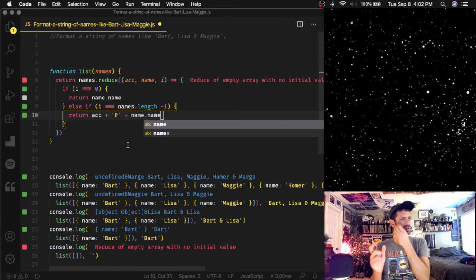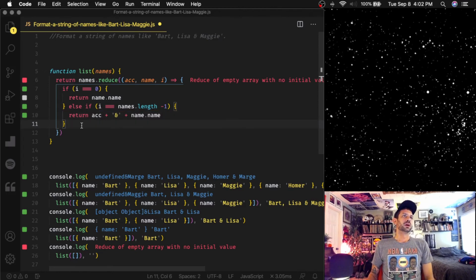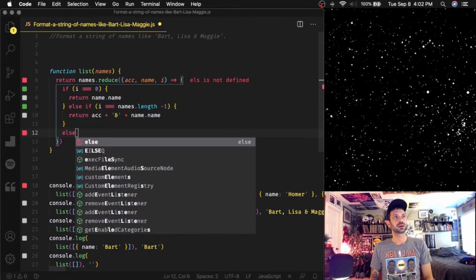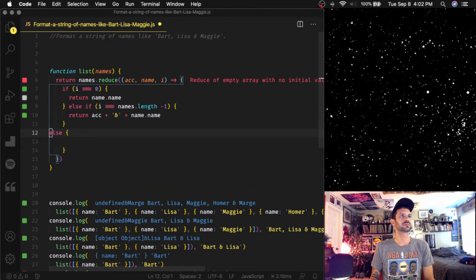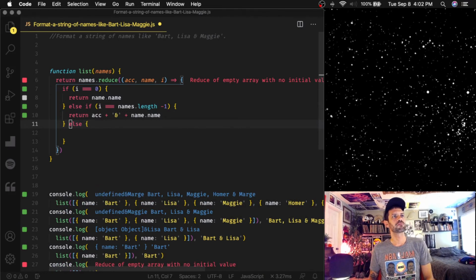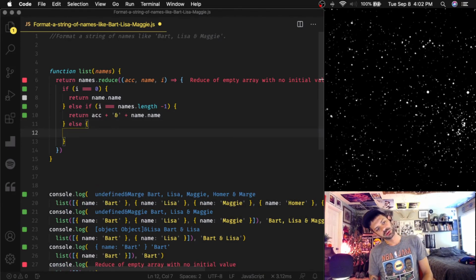Cool. So that gives us our last name plus the ampersand. You can see that here. We're building it up. And then we want to say else. We can move our else up here as so. We want to return our accumulator